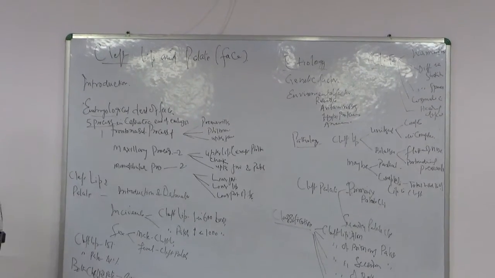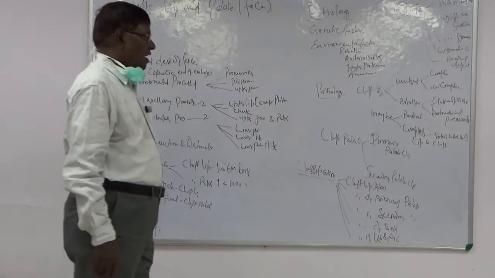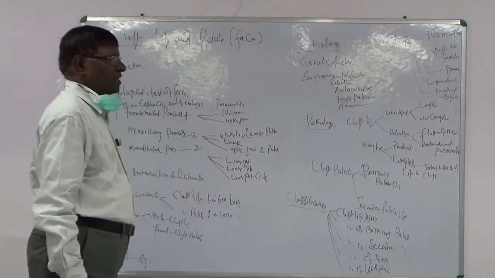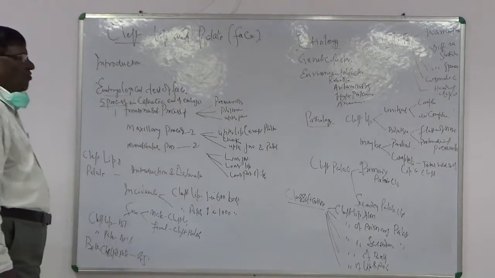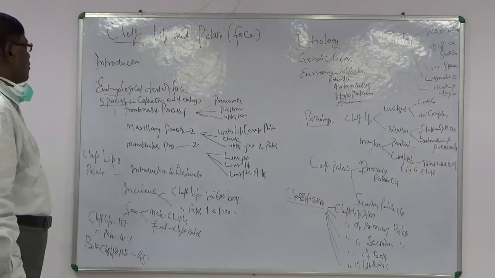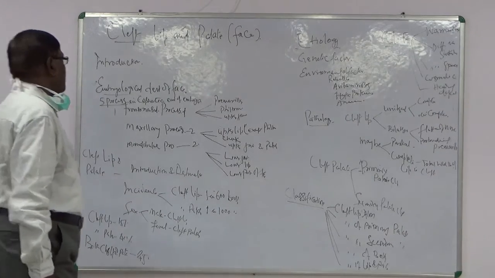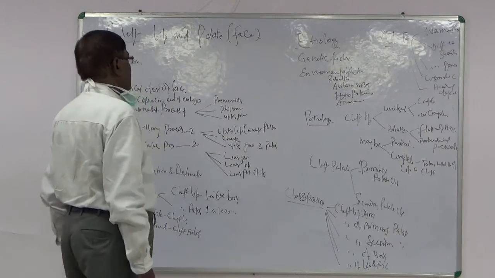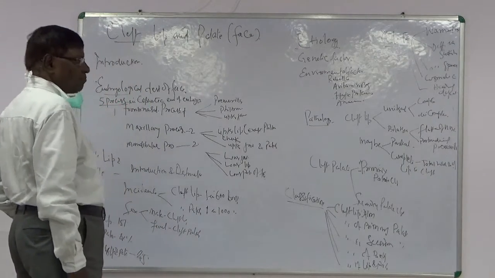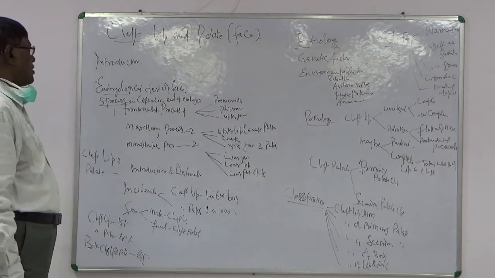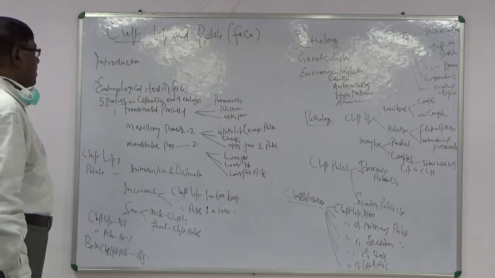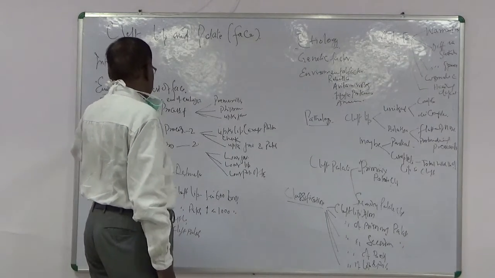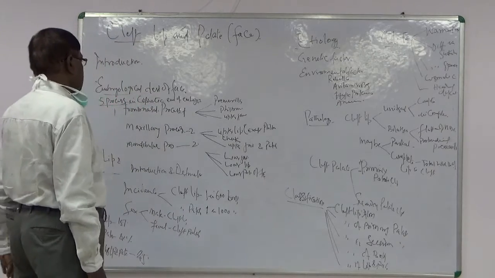That is face, and I have already finished the head, and now we will come to the face: diseases of the face, congenital anomalies of the face. We are just giving in the face the cleft lip and cleft palate, the most common congenital anomalies in the face. And the embryological aspects of the face, how the face is developed in the